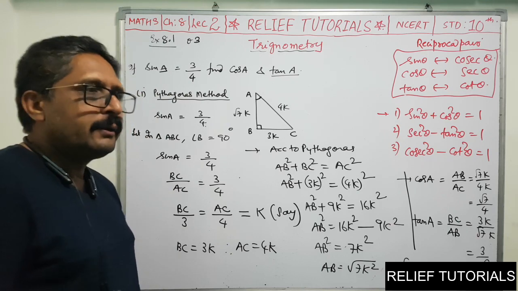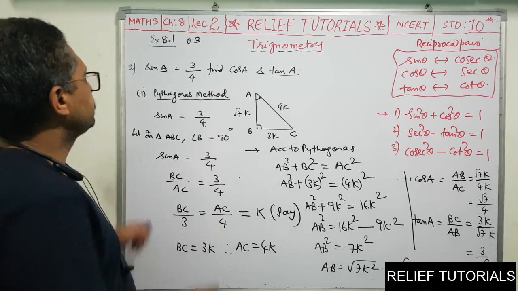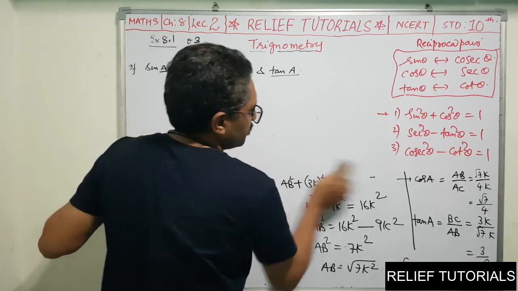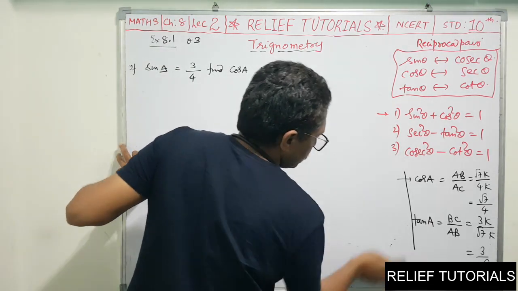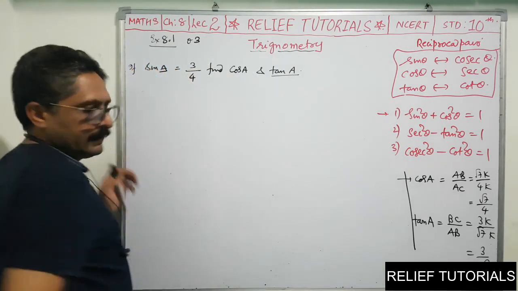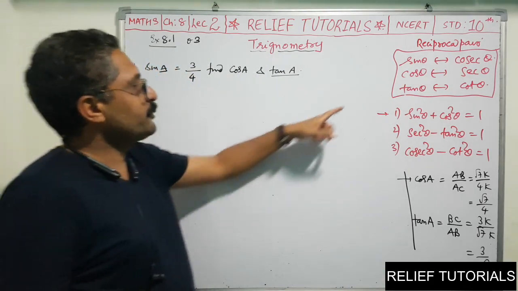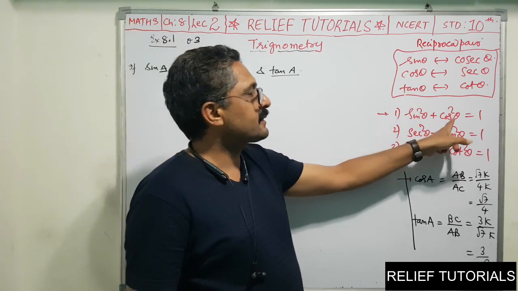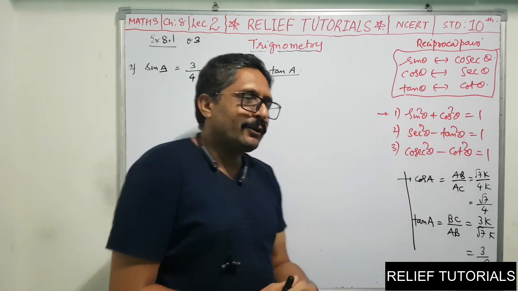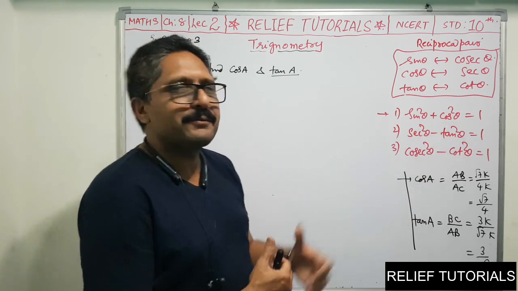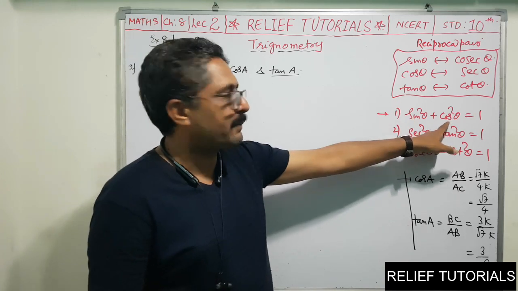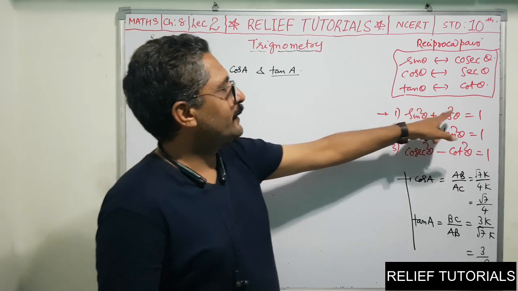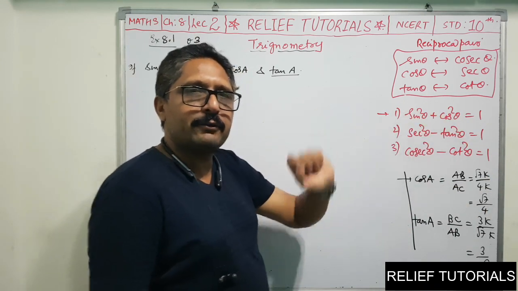Same problem we will do by using identities. See here. This is a little bit longer. Now for this you have to use these identities. One thing you have to remember, the pair of sine is cos. In order to remember it easier, we give a few names to this. This is Bunty, this is Bubbly. So we can say sin square theta plus cos square theta equal to 1. So if you have Bunty, you can find out Bubbly. If you have Bubbly, you can find out Bunty.